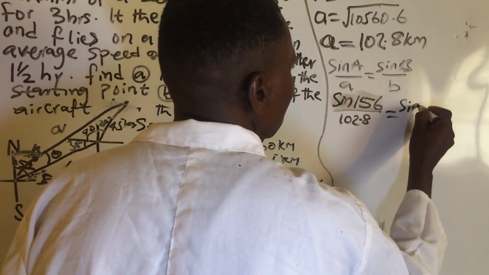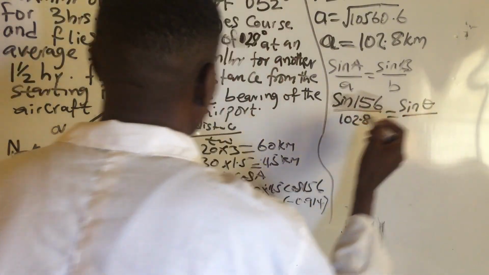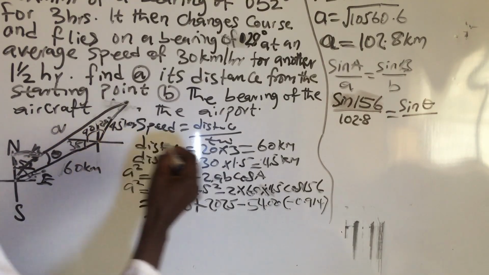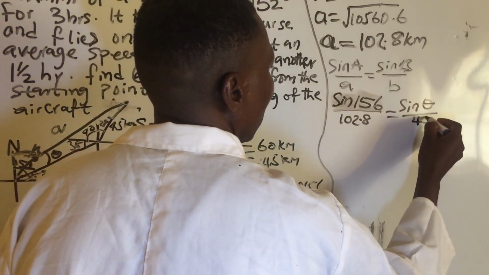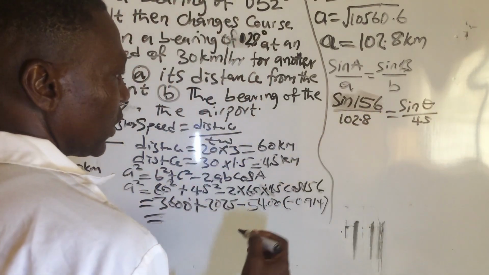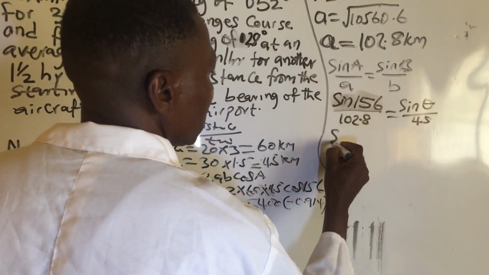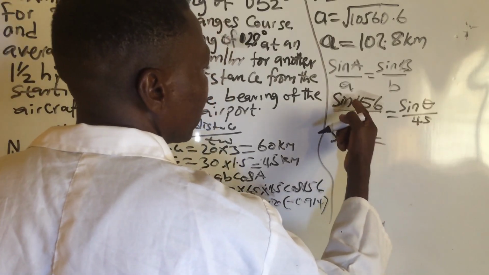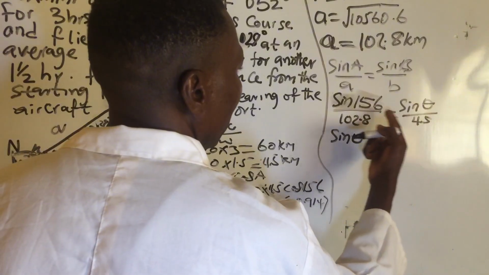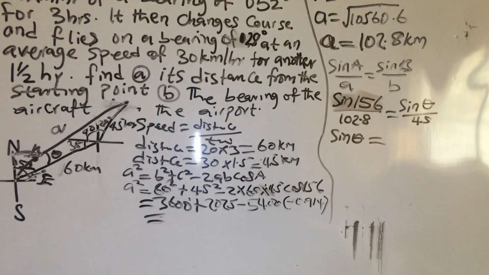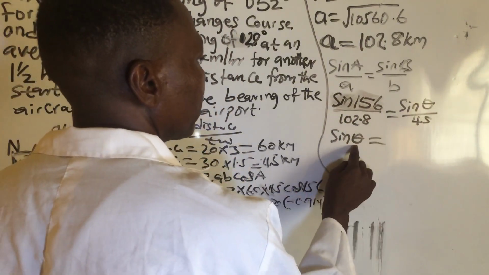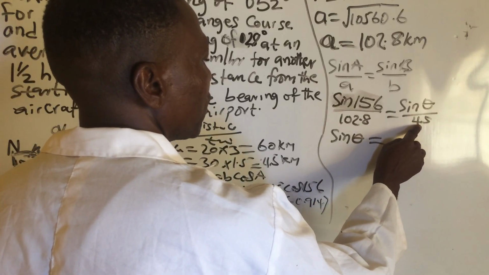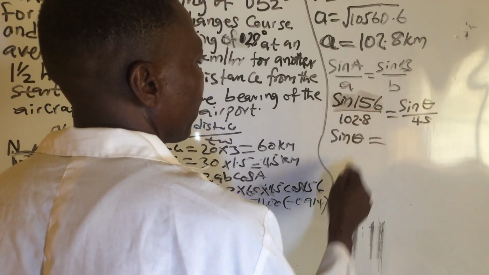We call it sine theta over the side opposite to it, which is 45. Making sine theta the subject of the formula, we have 45 times sine